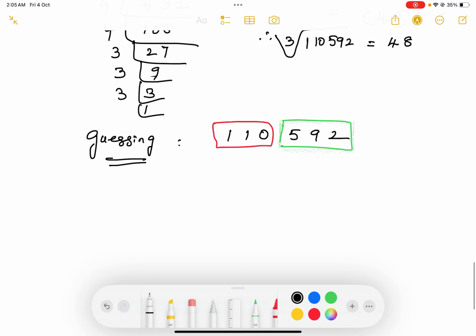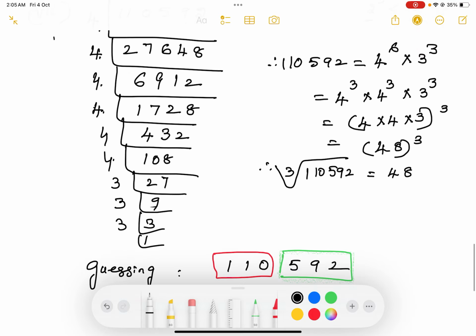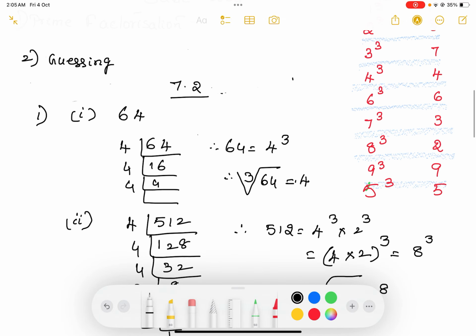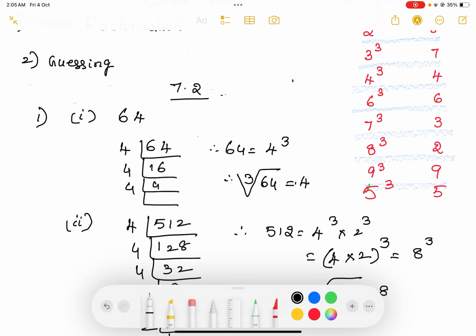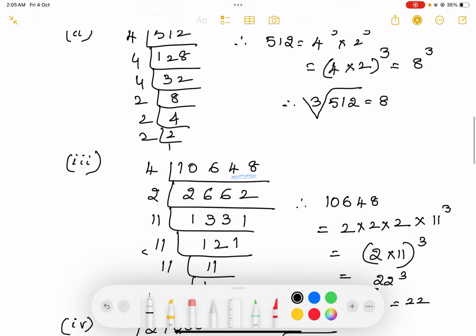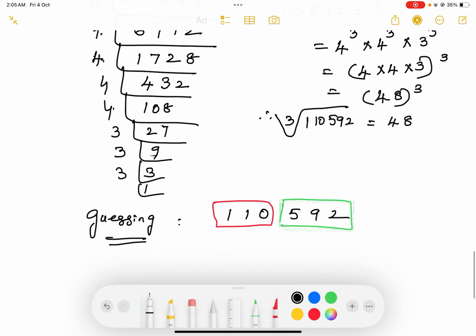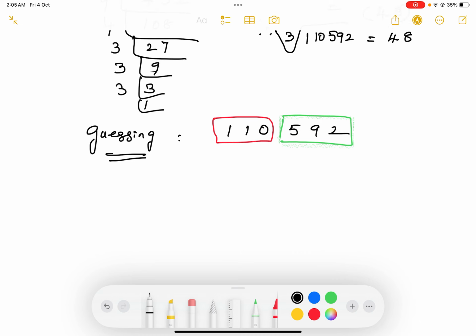Now coming to 592, among the cube roots, 2 comes only in which place? For the 8th place. So that's why I told you to memorize. 8 cube has the units place as 2. None of the others have 2 as the units place. So it is very much clear that when 8 is in the units place of the cube root, definitely 2 is in the units place of the cube. Now that is for 8 as the cube root. So for this 592, it is over now.